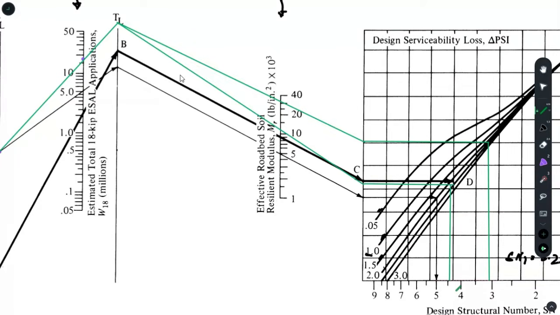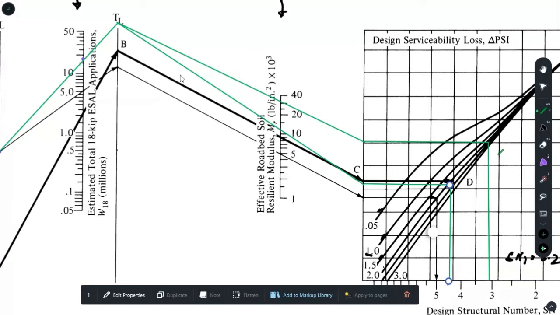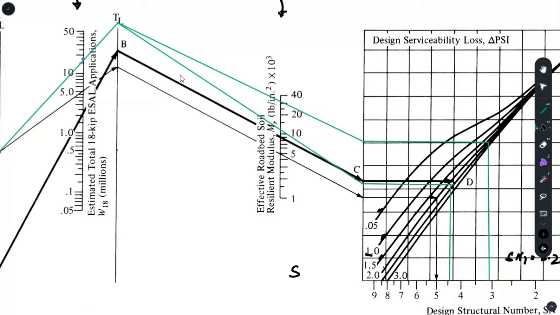Okay, let's see. This is that point, and let's say SN2 is 4.5, and the later part is you will pivot at this point, and you will go for the MR value of subgrade, and it was 5700. So 5700 would be somewhere over here. And if you connect this,